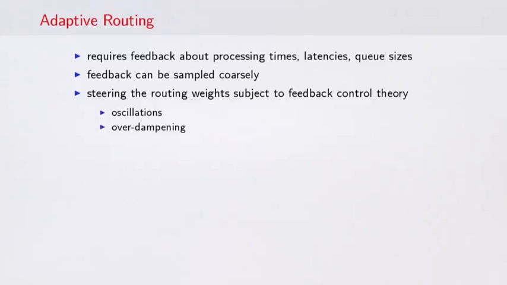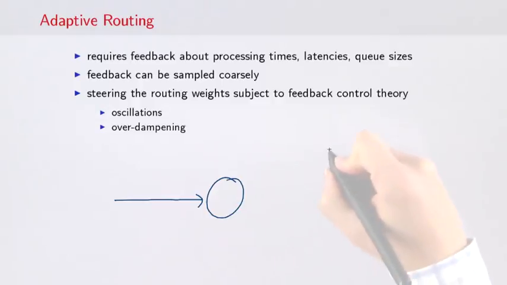So far, evening out imbalances came with a rather high cost of routing itself and/or the need for the routees to be local. If we sample the imbalances, for example, over time, it can be rather coarse. It doesn't need to happen per message. It could be once per second, for example, or even less frequently. Then we can gather these data and use them to steer the routing weights. So if we have here the incoming message stream, and here this adaptive router and the routees